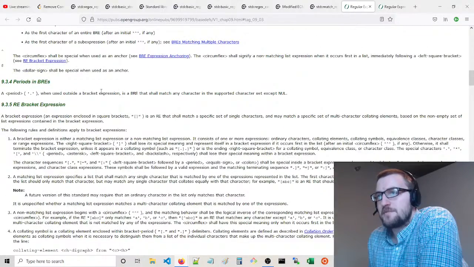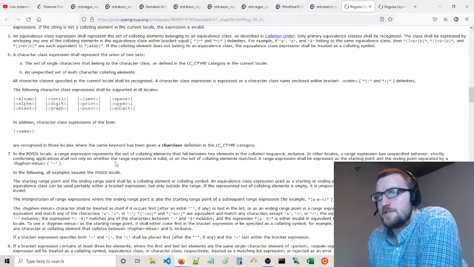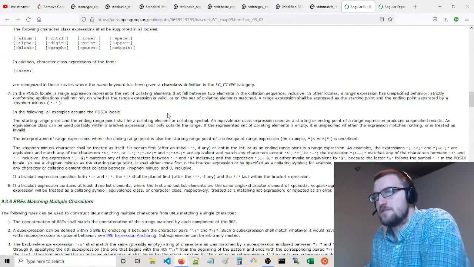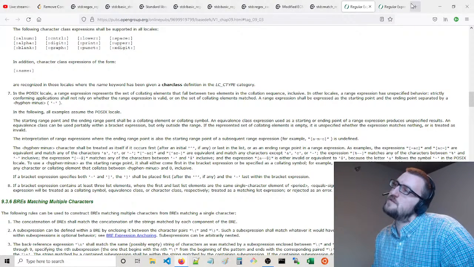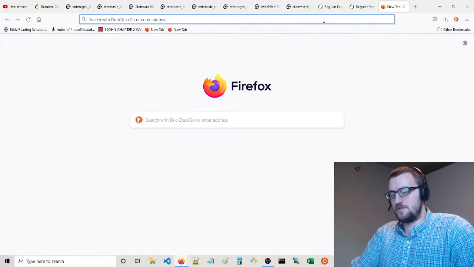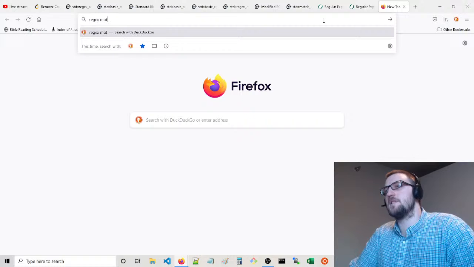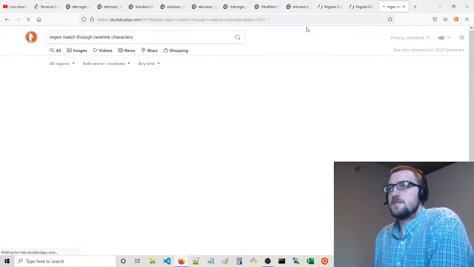Basically, we want to match through new line characters. Regex match through new line characters, or match new line characters.